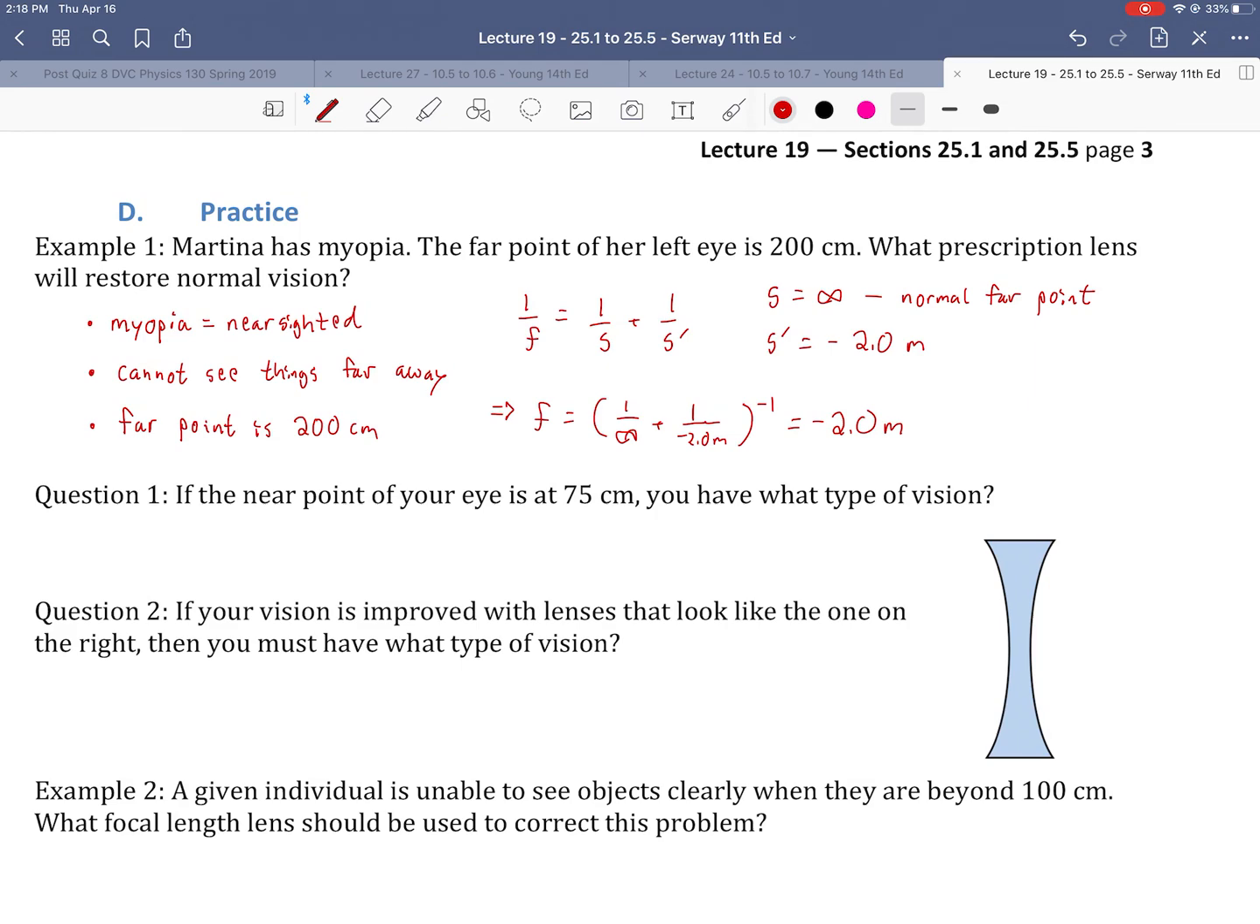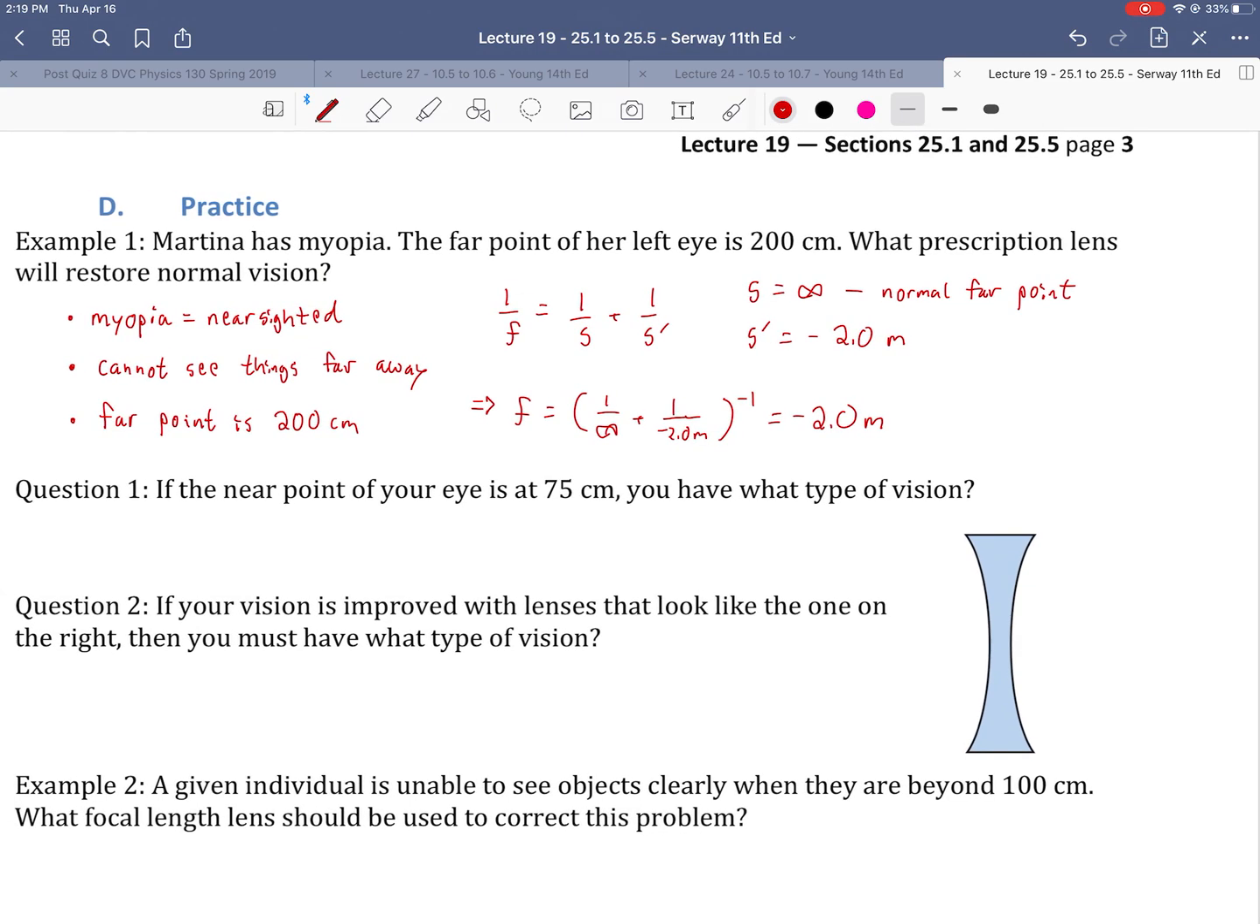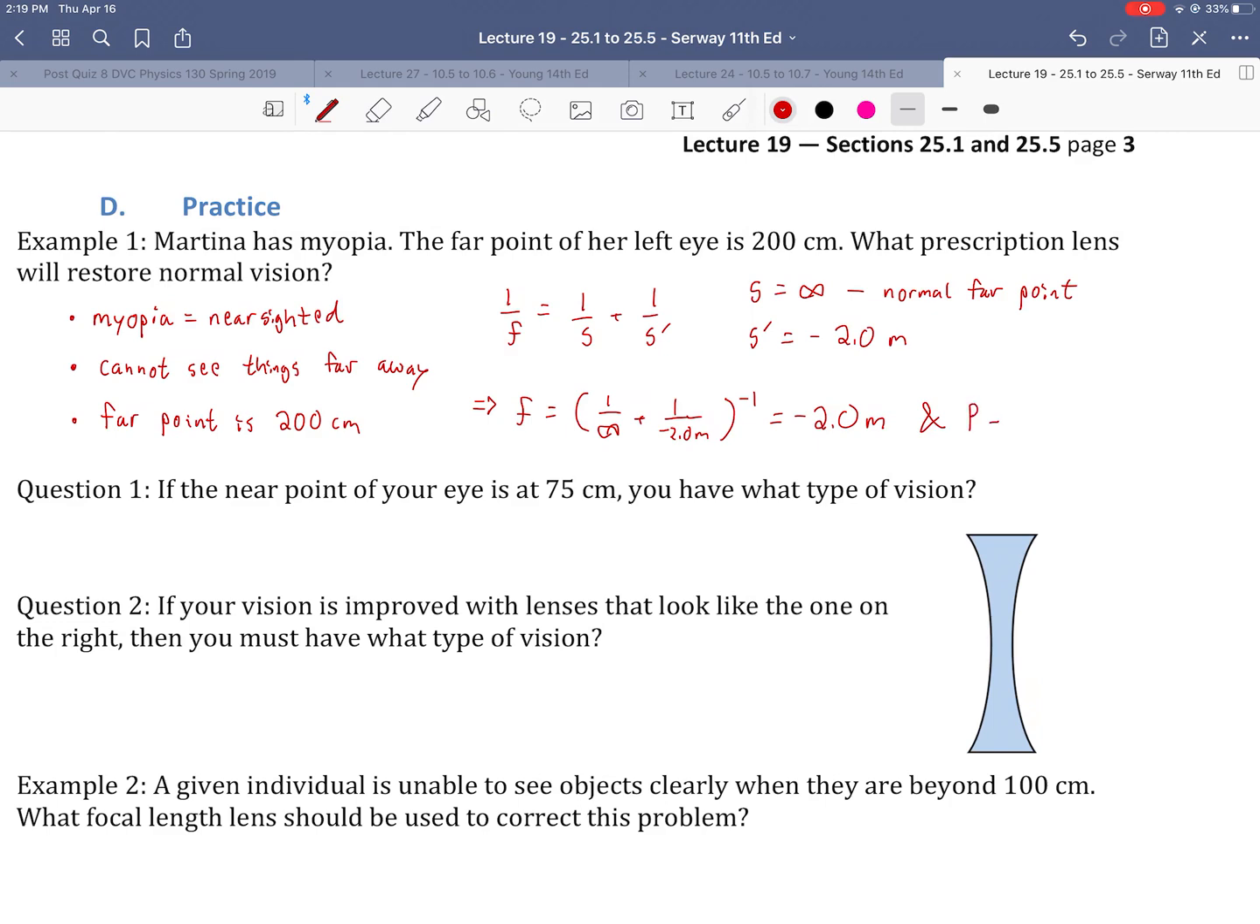That seems obvious in retrospect because our s is infinite, and so essentially we're saying 1 over f equals 1 over s prime. So f must be the same as s prime. But then how do we convert that to diopters? Well, we just take its reciprocal. Right over here, P is 1 over f. So it would be negative 0.5 diopters, which we represent by the letter D. It's the unit diopter, which is just inverse meter. Okay, so there it is. That's the lens that